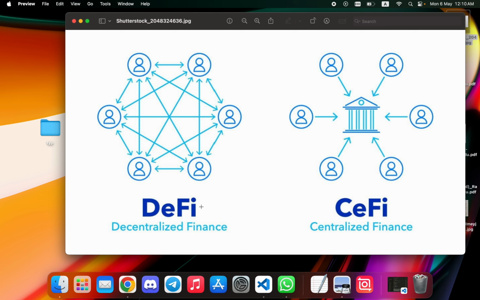Whereas in a decentralized system, if this user wants to communicate with this user, or sell his or her funds to this user, they can communicate directly with each other. No centralized authority or entity is required, and this makes the decentralized system stronger than the centralized system. In a decentralized system, the user has full access over his data. No one can touch his or her data without his intention.